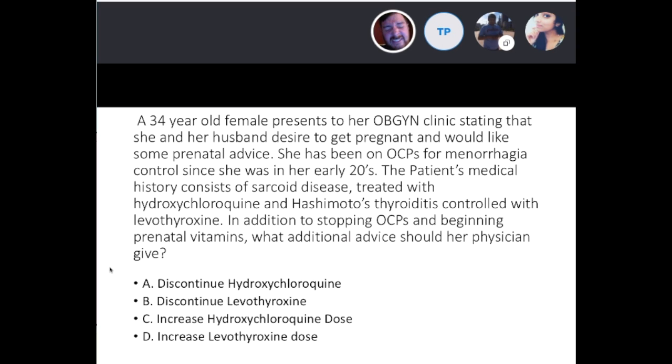But Yash is correct with D, and his rationale is correct because thyroid binding globulin increases in pregnancy. So once you become pregnant, you have to increase your dose, or else both you and the baby can become hypothyroid, and they'll present with fetal growth retardation and premature labor. It's about 1/3 of your dose that needs to be increased, but it's titrated patient to patient. But yeah, increase the levothyroxine.